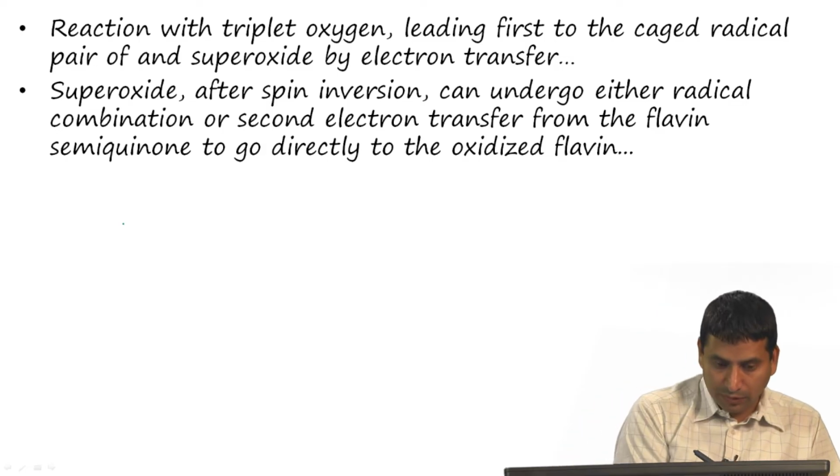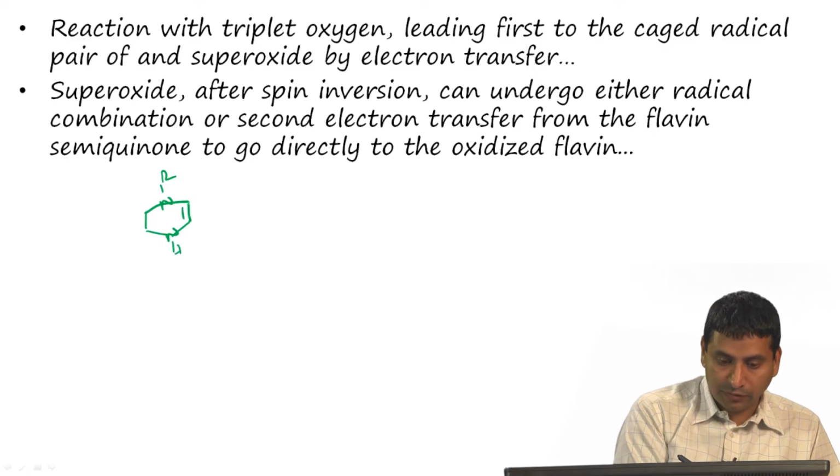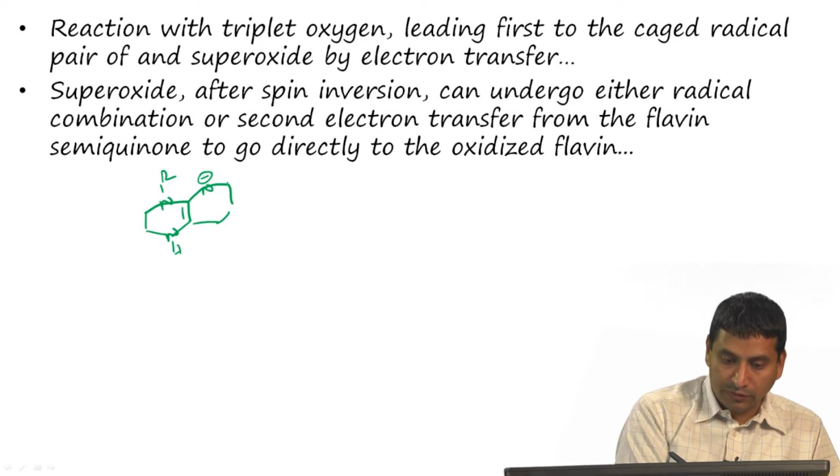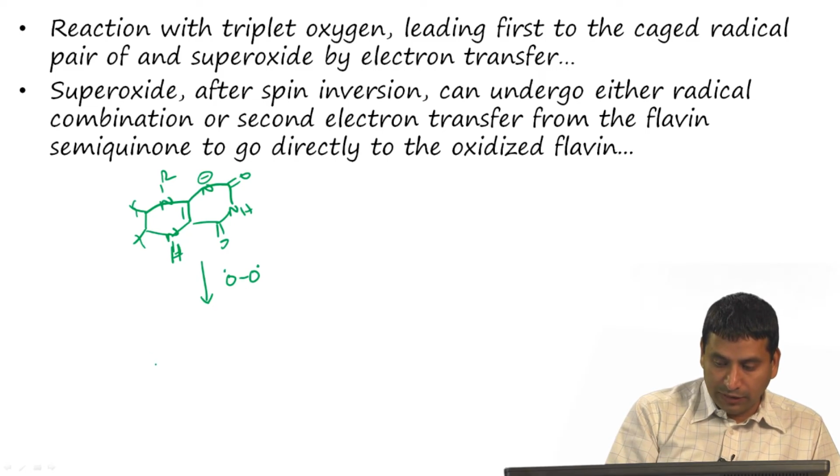So, if we were to look only at the central flavine ring, you have NR, NH, this is the same species which is N minus over here, C double bond O, NH, then this double bond O, rest of the molecule remains the same, and you have a reaction with O dot dot, and this produces,